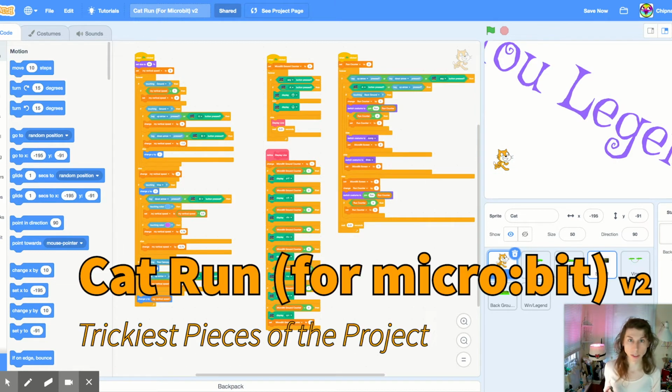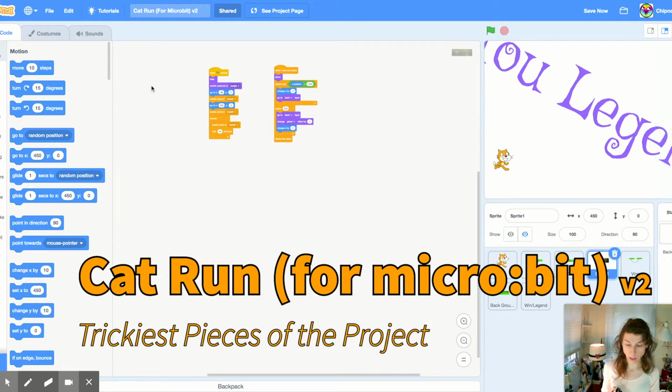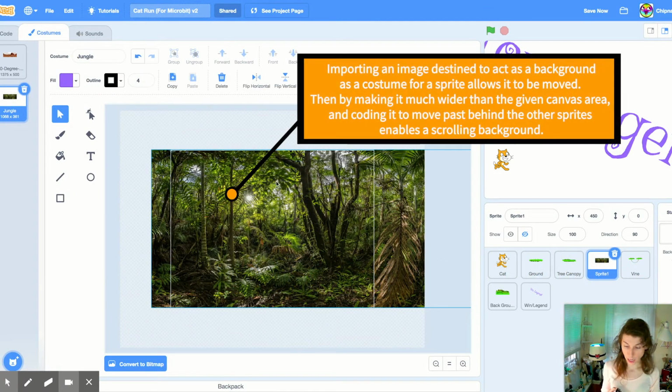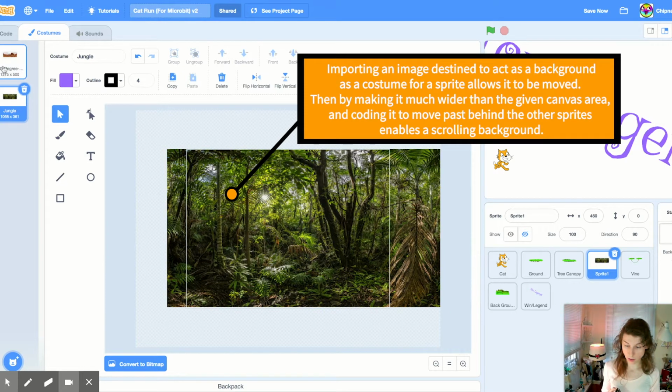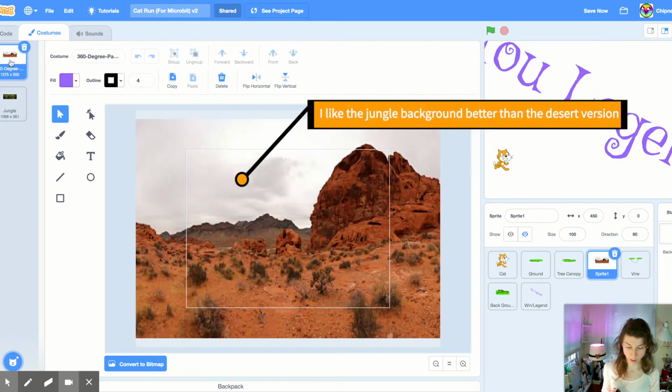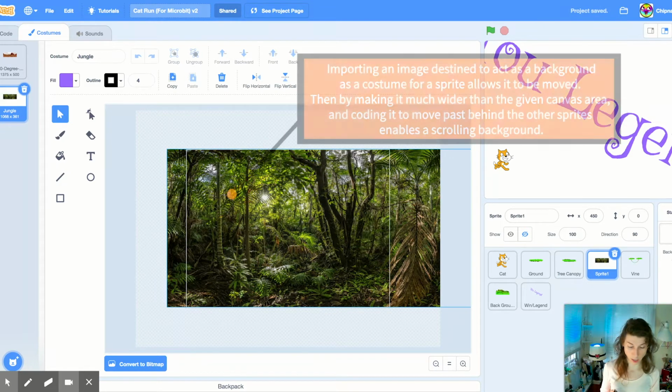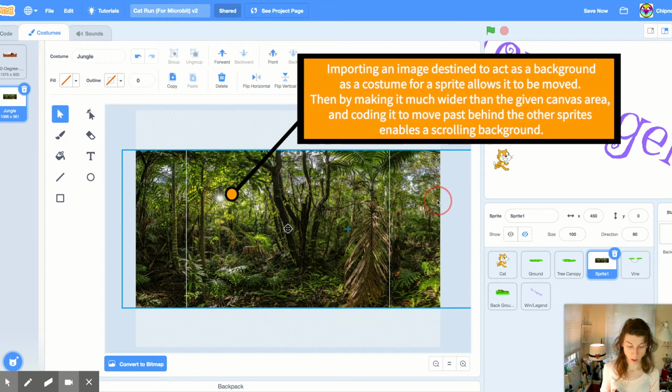The trickiest bits of this project definitely were figuring out how to get the costume here to scroll properly, and this is the second version of this. I had an earlier trial with the desert image. It's a lot better with the jungle image, and the idea overall here is simply that this image is extremely long,